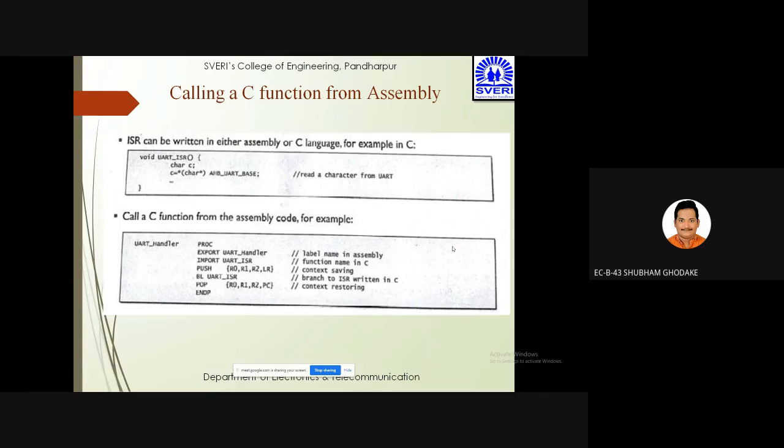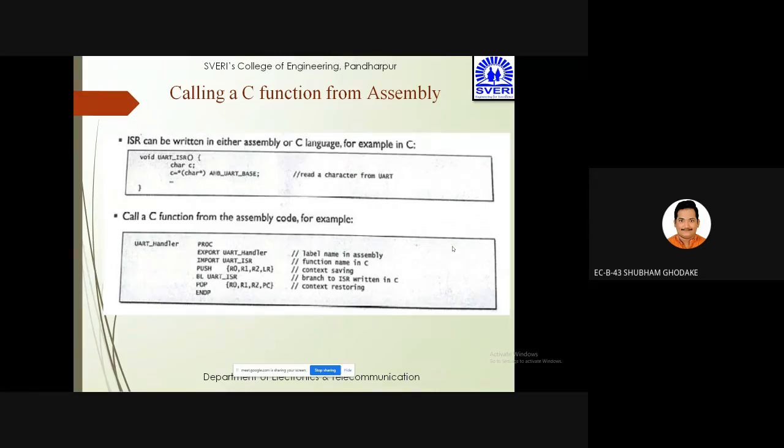So if we see that the PROC, export UART handler, we are going to export this UART label name in assembly. Then import UART ISR, that is a function name in C. Then the push is going to be used, that is R0, R1, R2, and LR, for context saving. Push is used for context saving, right?